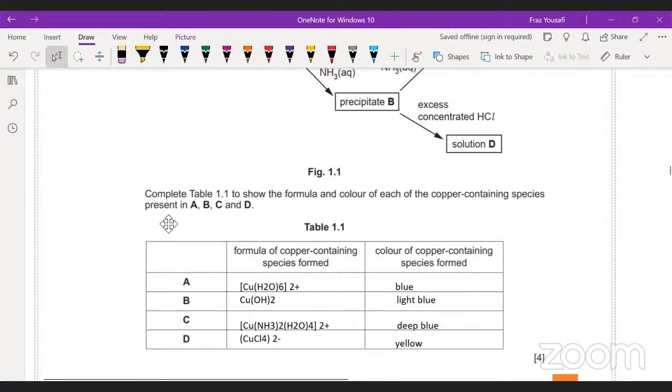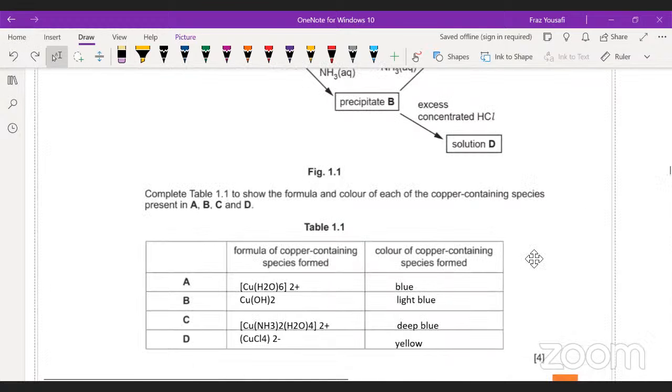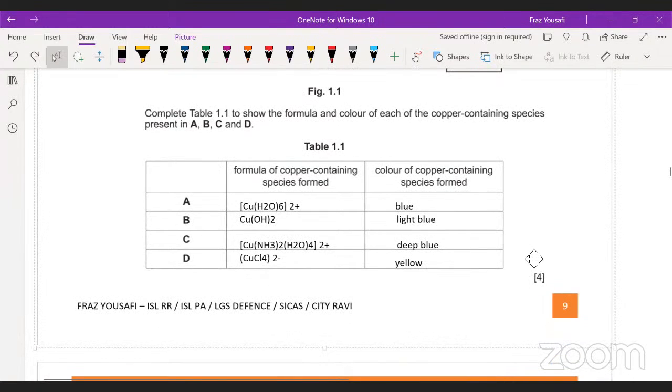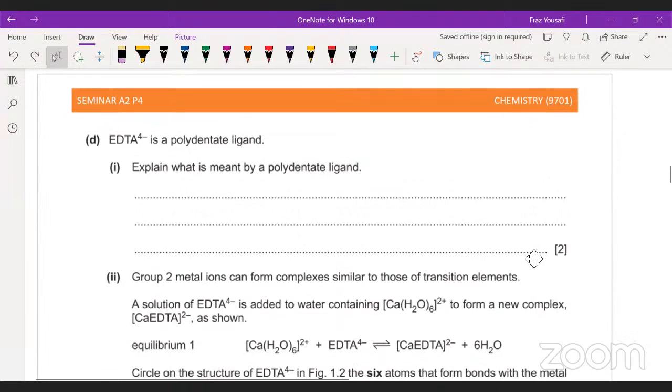So you've got to know these four. Can't reiterate this enough. These are definitely the four copper complexes for which you need to know the appearances as they appear. You need to know exactly what the particle is. You need to know exactly what the appearance of the color is. Polydentate ligand, the EDTA, remember polydentate, why? Because it has the capacity of making multiple dative covalent bonds with, again, any particular substance. So that donates more than two lone pairs and makes more than two dative covalent bonds